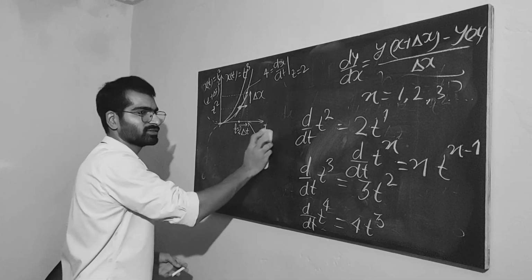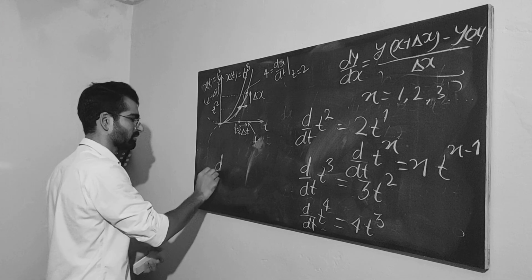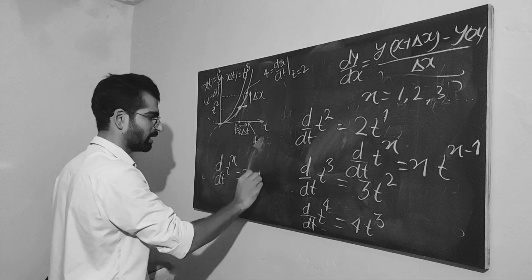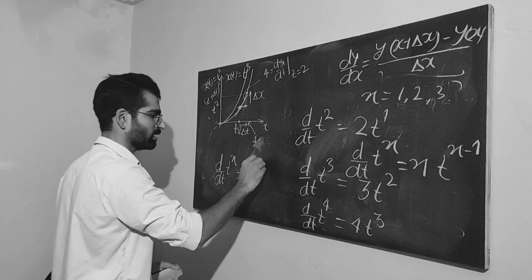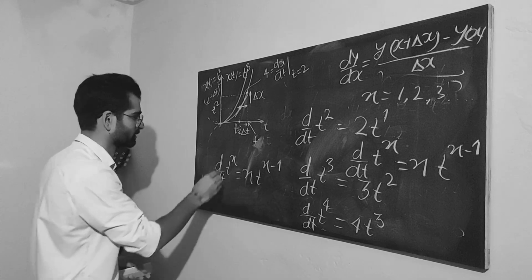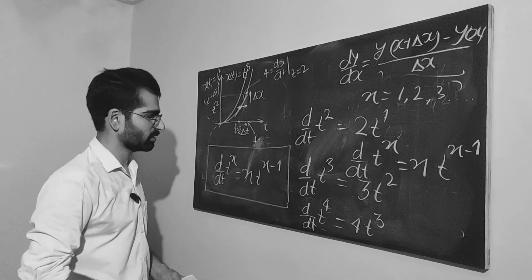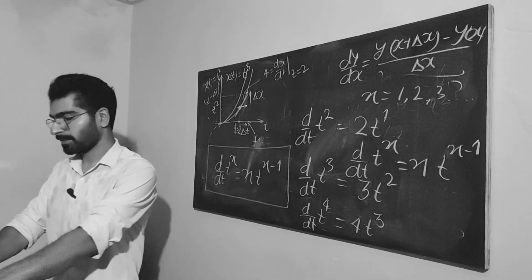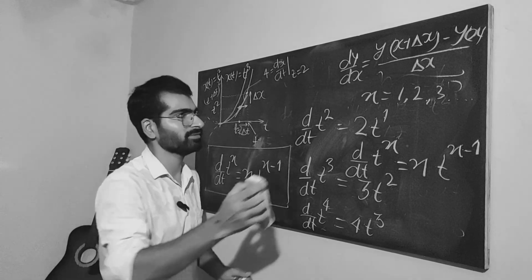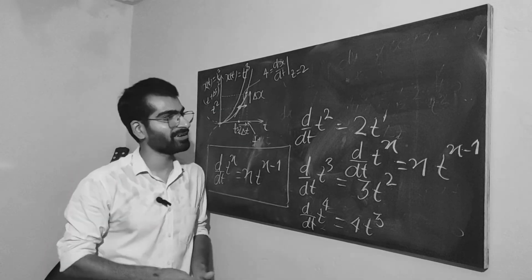Yes. Should I rewrite it here, because everything has mixed up? So the derivative for t to the n is n times t to the n minus 1, and that's the important equation in calculus. That's the derivative for any polynomial with power n. And you can see the pattern here. Let me remove some of that. Excuse me, my blackboard is so little, so I don't have really space.